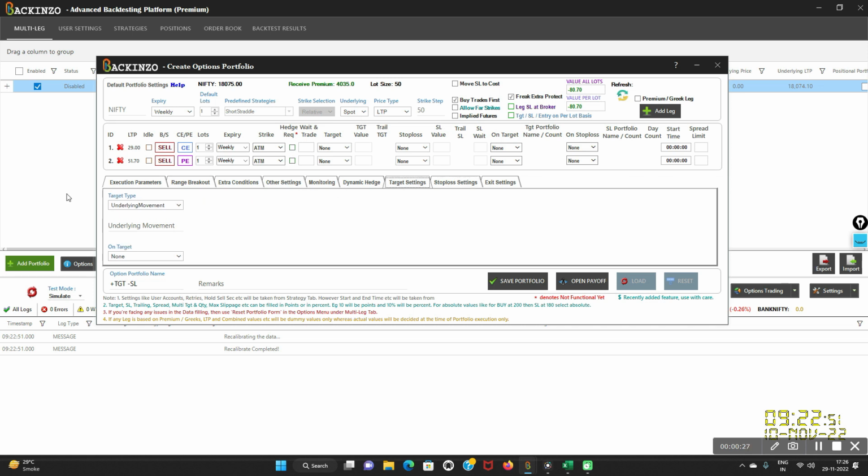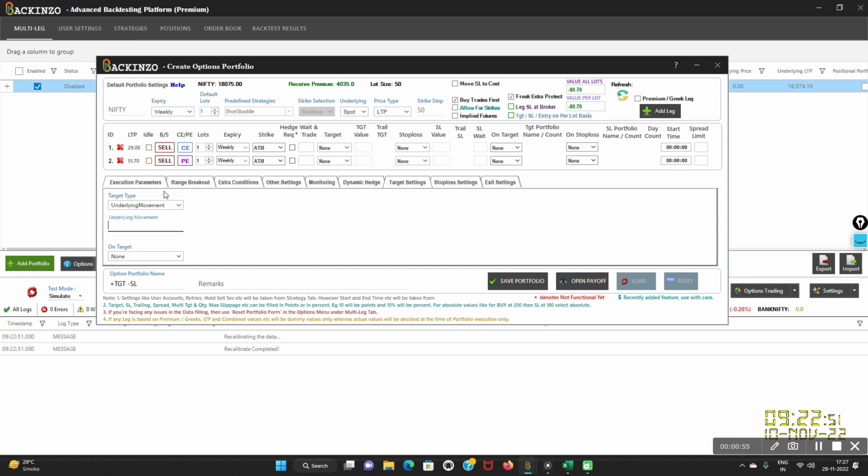Under the target setting, just choose the target type as underlying movement, and herein you can specify it in points and percentage, and then specify with this sign. For minus, just mention the minus sign. Have you noticed that when I was setting target and stop loss leg wise on the basis of an underlying, I did not use the minus sign, but herein, when I'm setting the target and the stop loss onto my